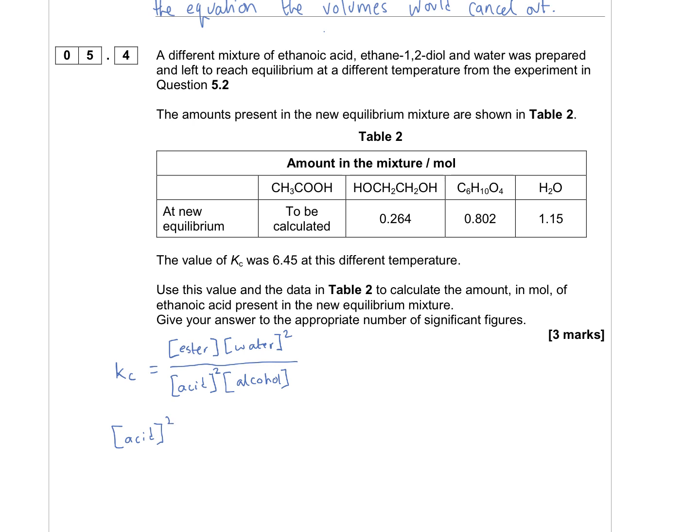So if I put acid squared, and then Kc is going to move to its place on the bottom. Okay, now if we substitute all the numbers in,